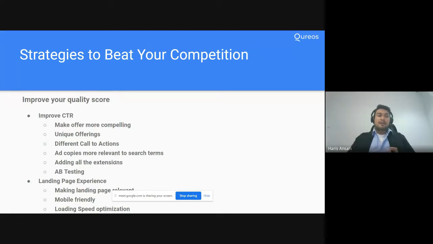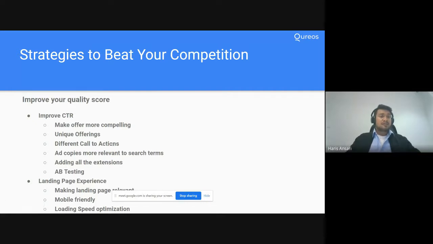If our competition is offering anything, our offering should be more compelling than our competitor, and that's how the user psyche is. Like if two competitors are there, the more they'll go for the more compelling ad. Then your offering should be unique as well. Your USP should be mentioned in your ad copies throughout, because you have to stand out of your competition, and that is something which is going to help you stand out of your competition in the eyes of your users.